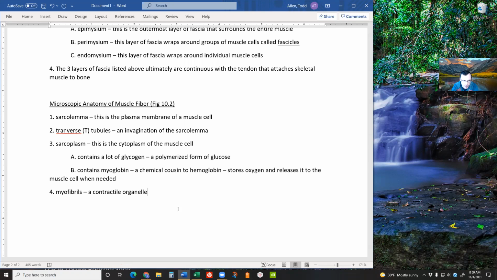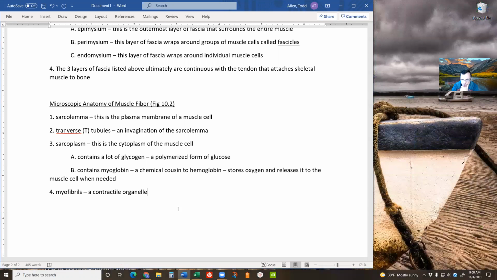Keep that term in your mind and be aware of it. As we mature into adults, if we start doing weight training of some kind in the gym, our muscles are going to get bigger and we're going to get stronger, right? We're going to turn into Arnold Schwarzenegger, okay? The reality of it is, when we strength train like that, our muscles are not getting bigger because we're making more